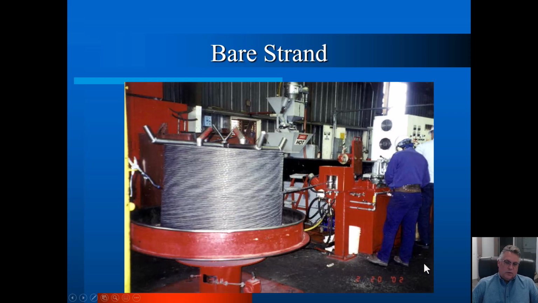So when you were in your reinforced concrete class, you had a variety of bar sizes to choose from. 3, 4, 5, 6, 7, 8, 9, 10, 11, skip to 14, skip to 18. But you had all those choices. In my world, every strand is a half-inch diameter strand. Now, in the bridge world, and in some cases, there are 0.6-inch diameter strands. But for the vast majority of everything that we do, we're using half-inch diameter strands. So we don't change the size.